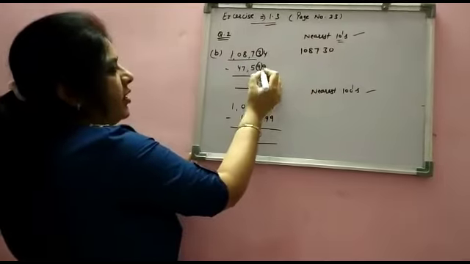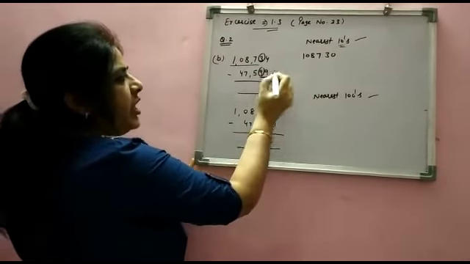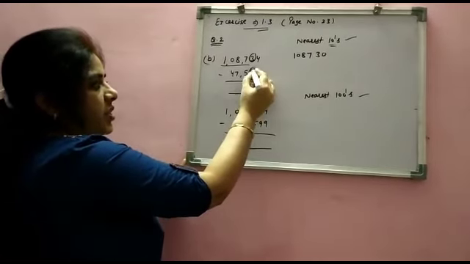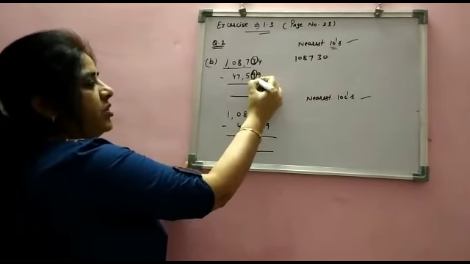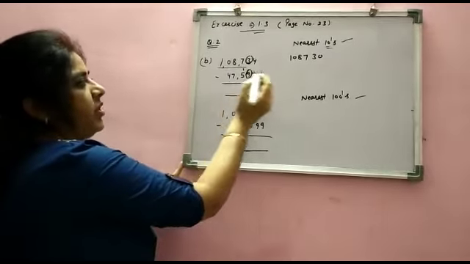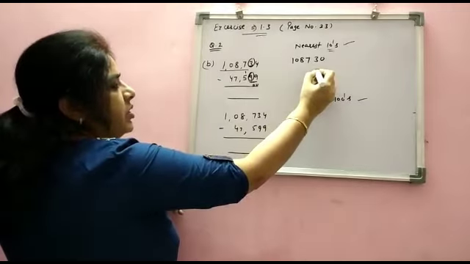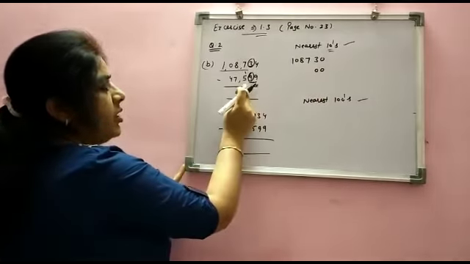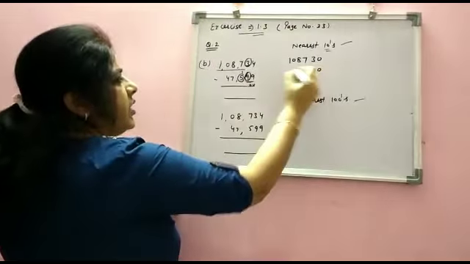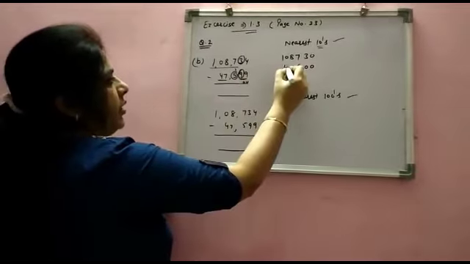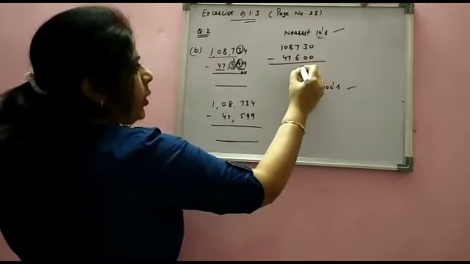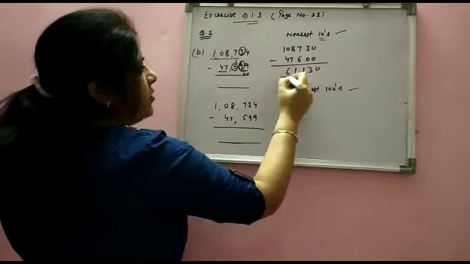But students, here when we are estimating 99 to the nearest tens, it would be 100. 100 means it's a 3 digit number, so we have to fill with digits. So 100 means 0, 0 and 1 will be shifted here. So this will become 0, 0, and 1 will be added to this 5. So it will become 6 and this will remain the same. Now you subtract it, 0, 3, 1, 1 and 6.